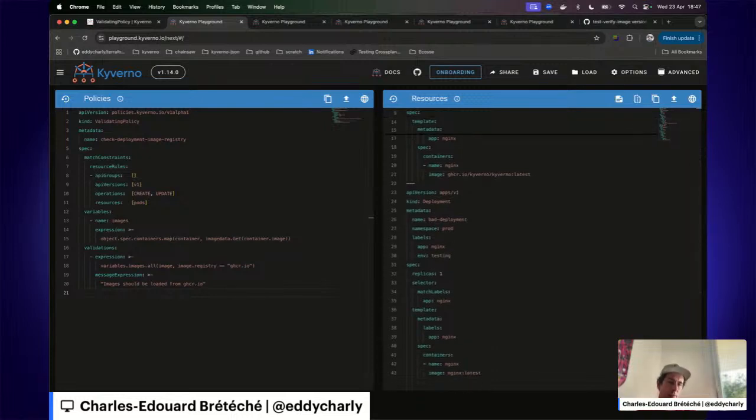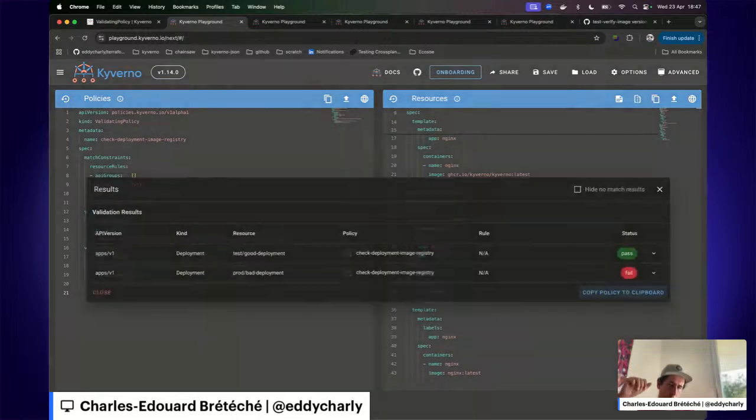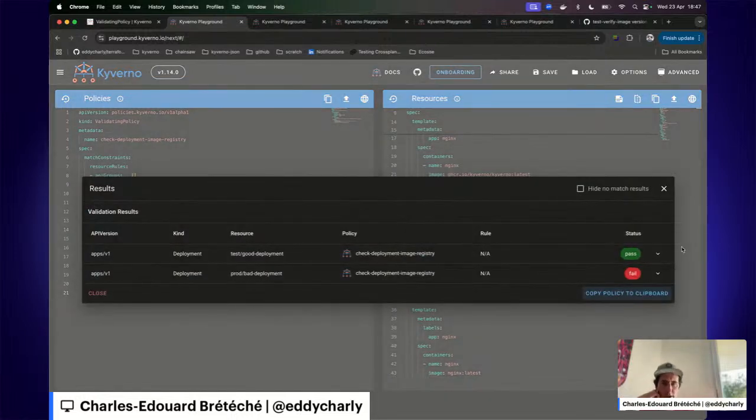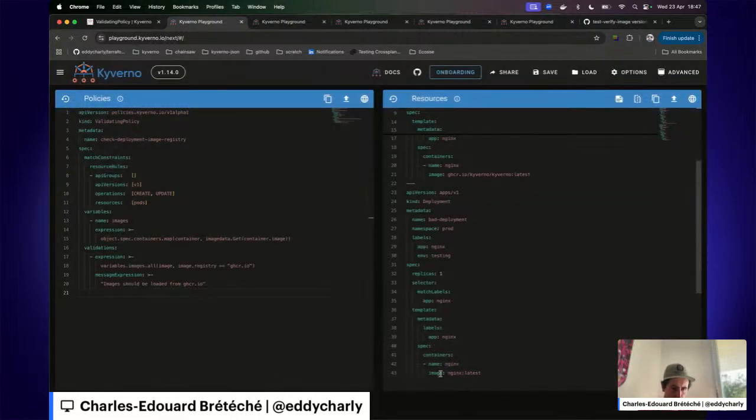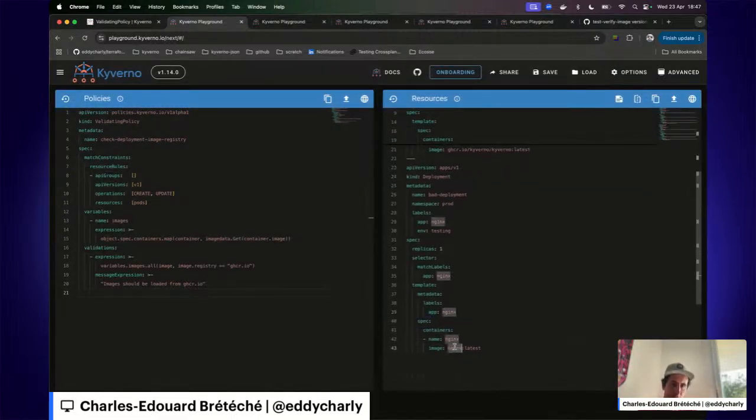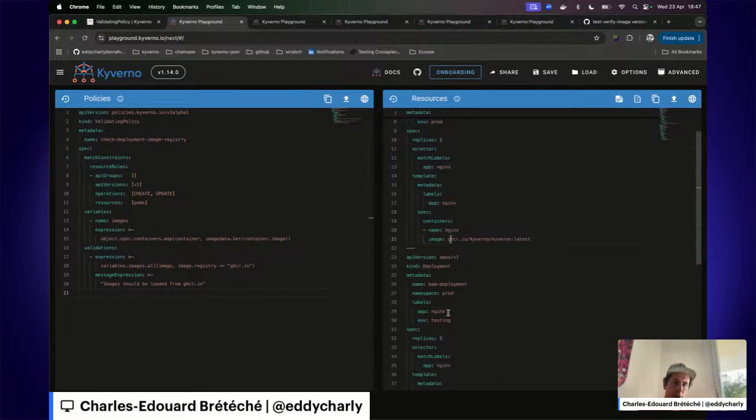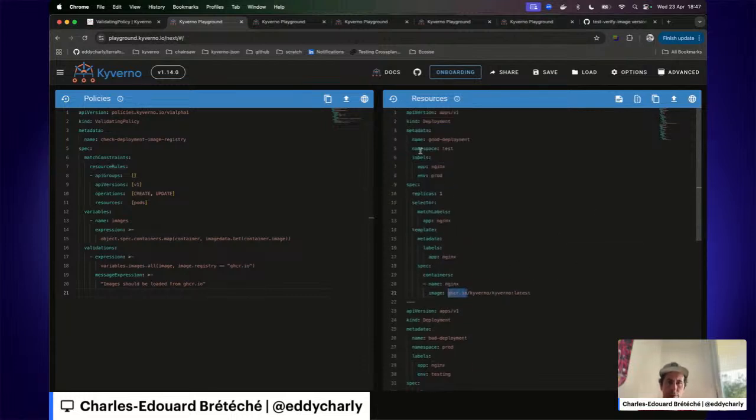Hopefully, we are not going to hit the rate limit, so no, not this time. And then the good deployment passes the policy, and the bad deployment violates the policy. Just because the bad deployment has an image coming from Docker Hub, and the good deployment has an image coming from ghcr.io.